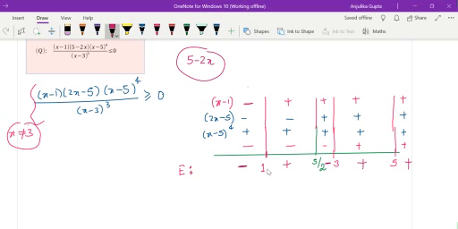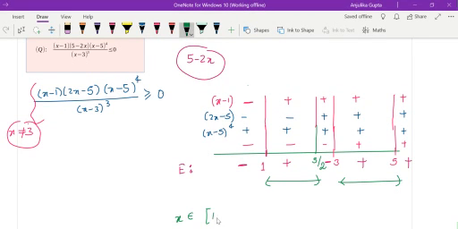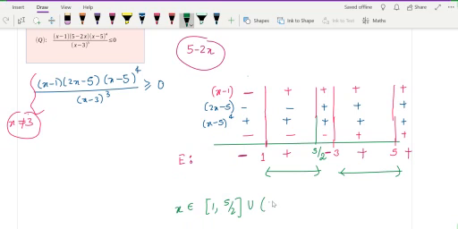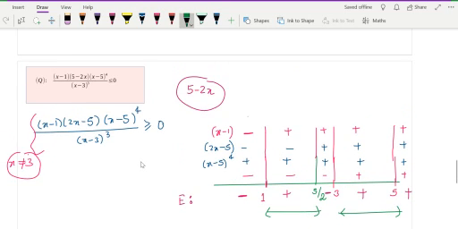That is why. Now if you wanted to check when it is positive, now we can clearly see it is positive here and it is positive here. What are you going to write? You are going to write x belongs to closed interval 1 comma 5 over 2 closed union, and you see 3 you want to deduct because x cannot be 3. So you have 3 comma all the way infinity. So this is your interval in which this inequality is getting satisfied.